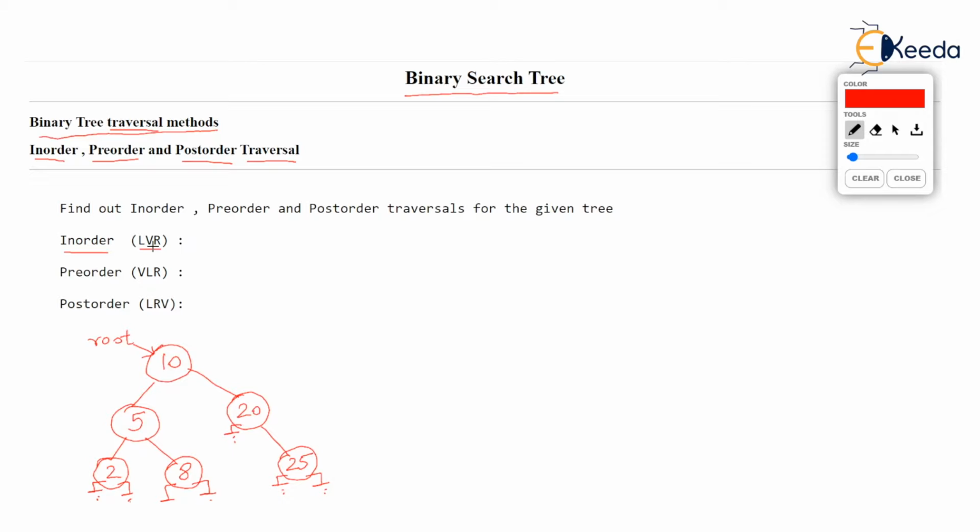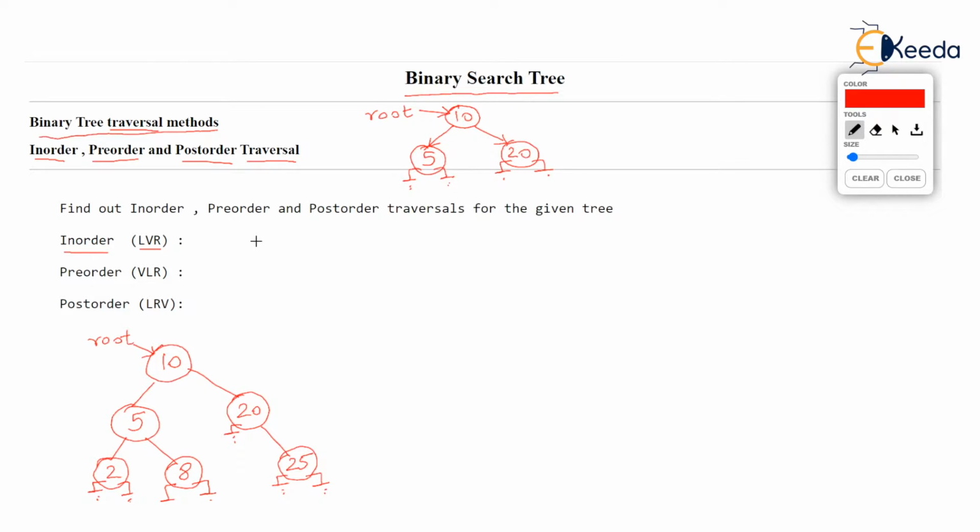Now, to understand this in a somewhat easier way, I am drawing a very small tree on the top of the page. Let's imagine we have only three nodes: 10, and the left of 10 is 5, it should be less than 10 because it's a binary search tree, and the right of 10, let's assume, is 20, greater than 10. All other pointers that I am showing are null, and root is pointing to the topmost node 10.